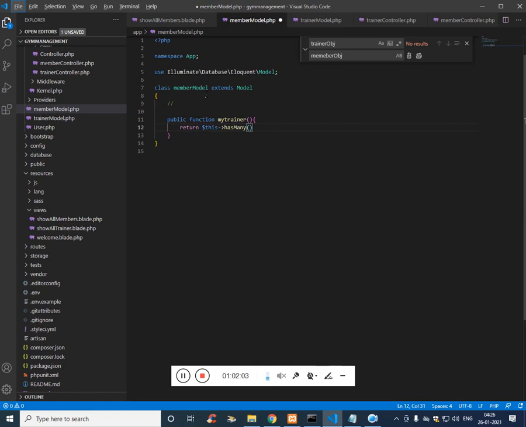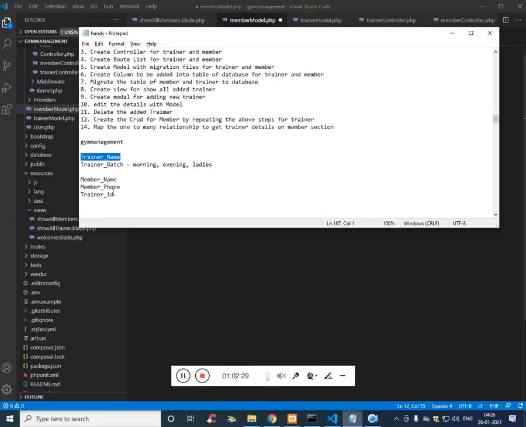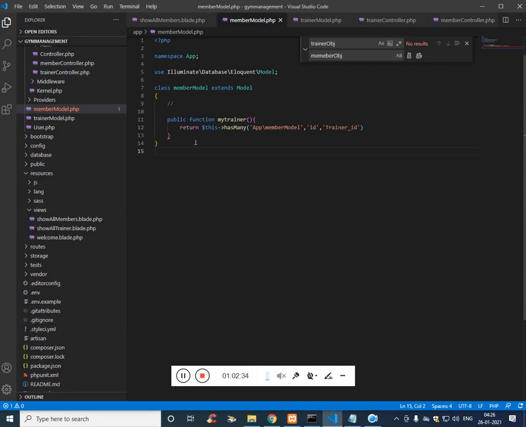So from the member we want to use the trainer, so use the class from the app, use this model, and it has an ID, the primary key ID, and then use the foreign key ID. The foreign key ID is trainer ID. And I believe that's it.